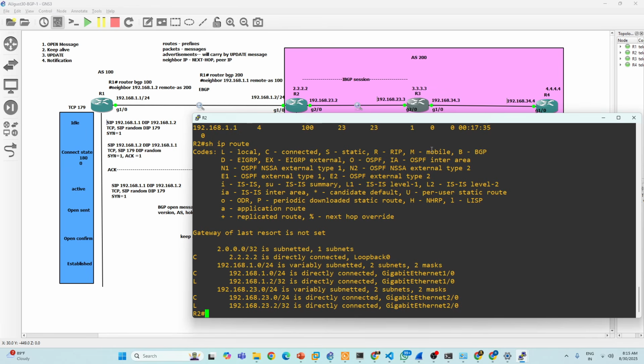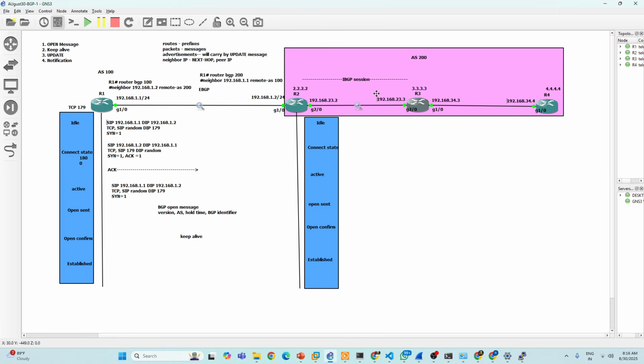So to get reachability, what do you need to do? You need to configure one IGP protocol. What are the IGP protocols we have? OSPF, IS-IS. Yes. You should have reachability, whether you configure a static route or OSPF. Let's configure OSPF. Now you understand, right?